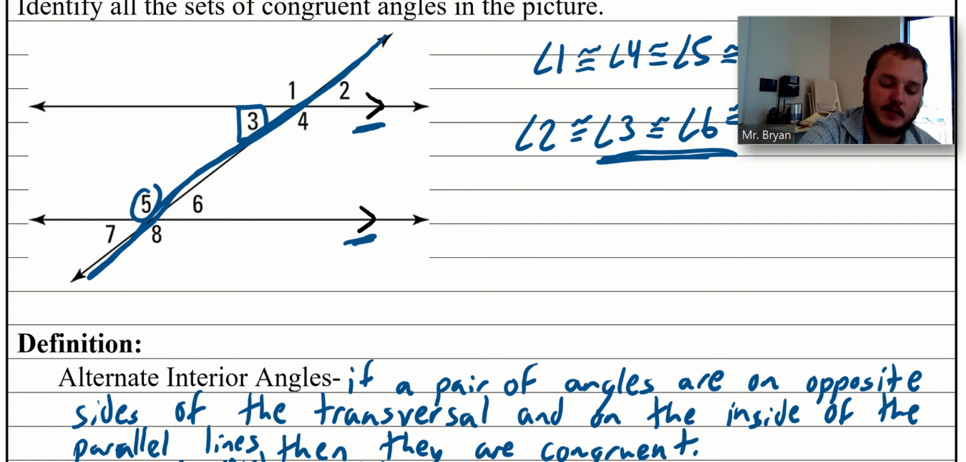In that case, this would be angle 5. Okay, so 3 and 5 would be an example of same side interior. And notice in this case, we're not saying they're congruent, but we're saying they're supplementary. Okay, and the same idea here, if I'm looking at angle 4, that's also on the inside of the parallel